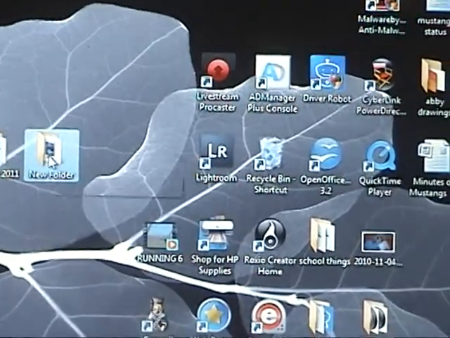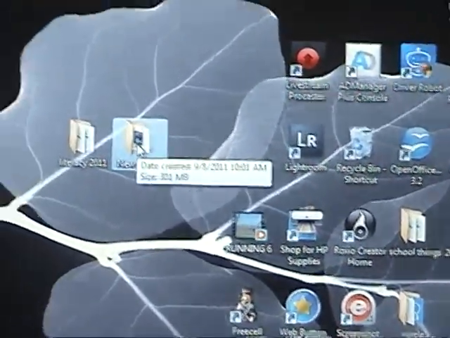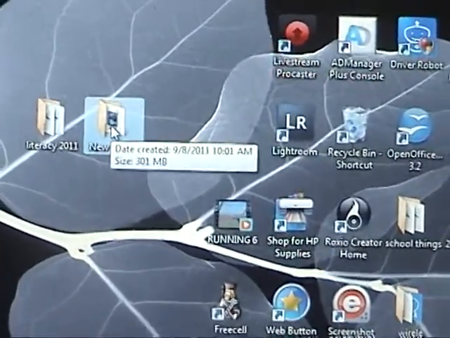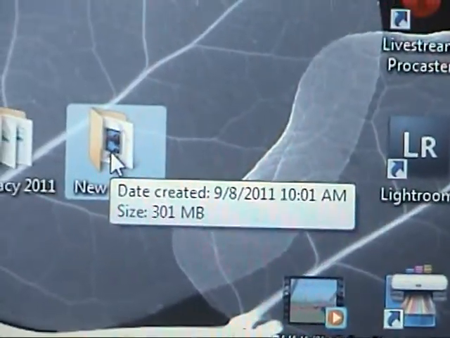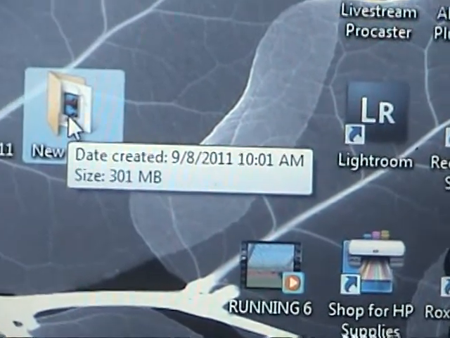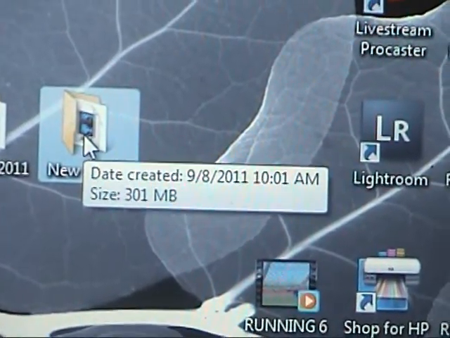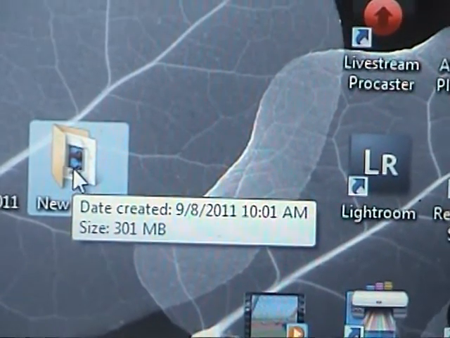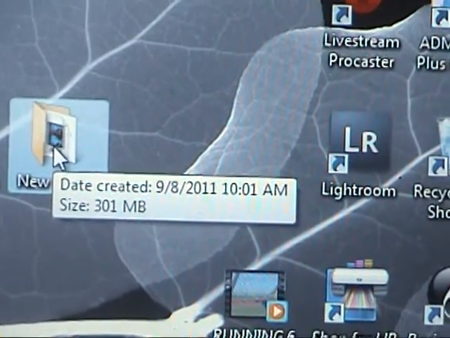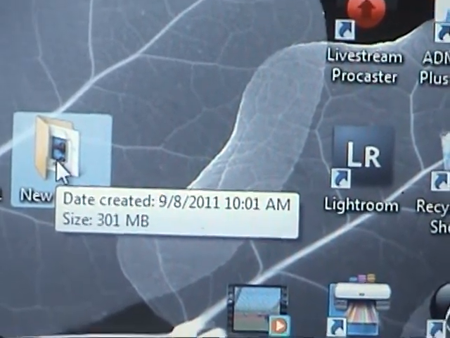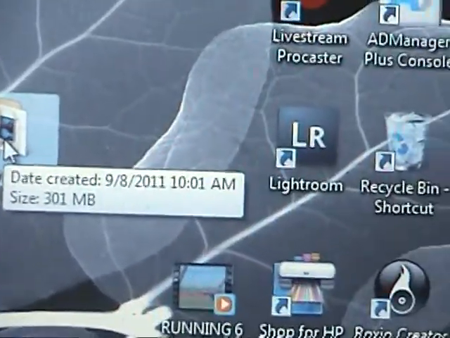Now this new folder is not named, but when you put your cursor over it, it tells you the size of the folder, 301 megabytes, and it tells you the date created, which we are now in the 9th month, today is the 8th, and it's 2011, and the time that this was prepared was 10:01 a.m.